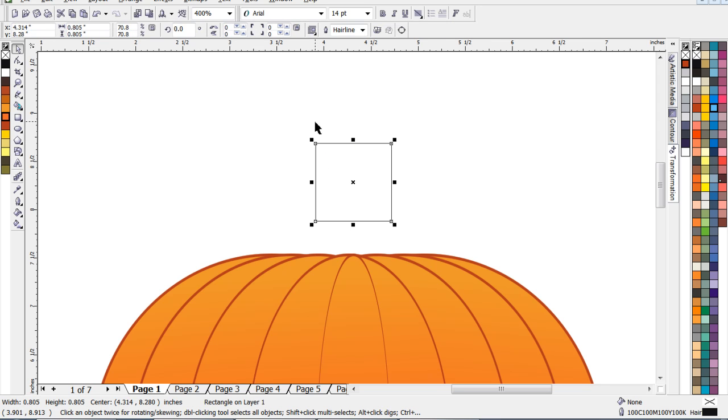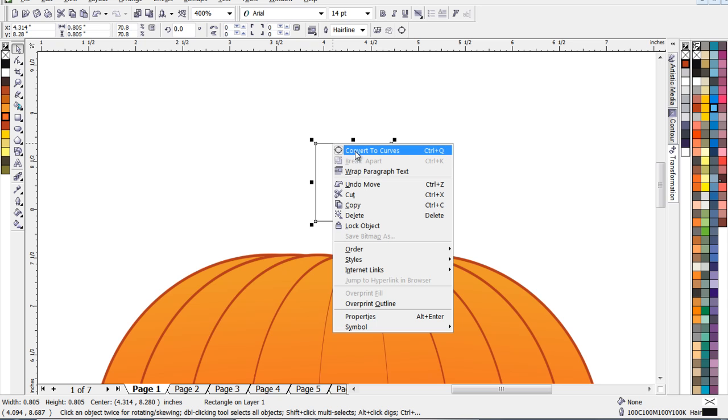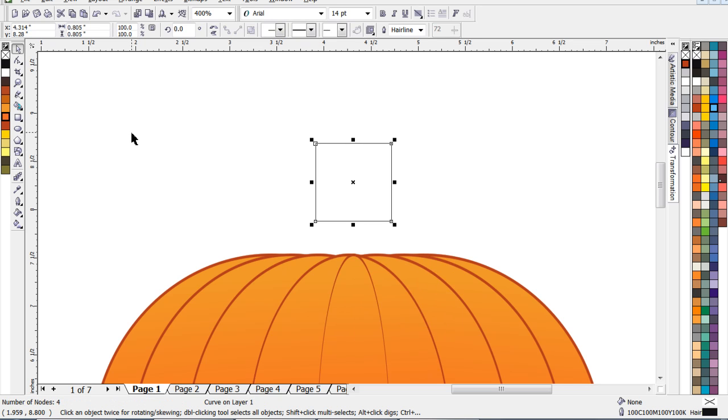The box is currently an object. What we're going to do is right click on top of the box, and the first item we're going to see is convert to curves. We're going to do that. Once we convert it to curves, right below the pick tool, you'll find the shape tool. We're going to select that